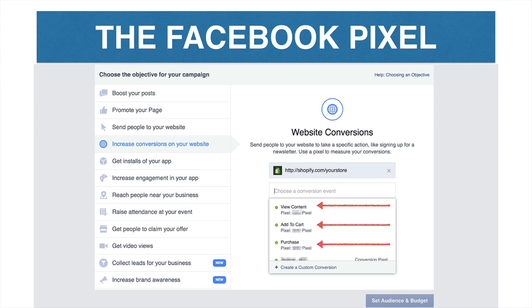So that's a quick overview on the Facebook Pixel. Go ahead to the next video. I'm going to show you where to find the Pixel, how to put the Pixel on your store. We're going to talk about these events in more detail and how to optimize off of them. So everything I just showed you in here, I'm going to break down into specific videos and make it very, very simple for you,